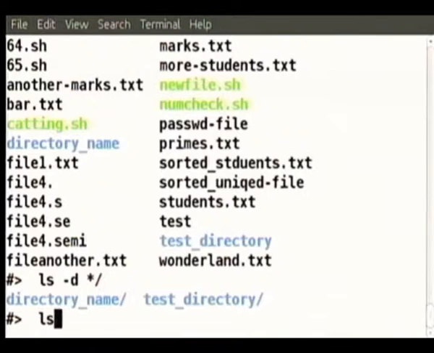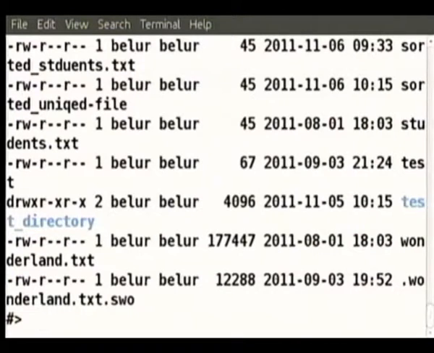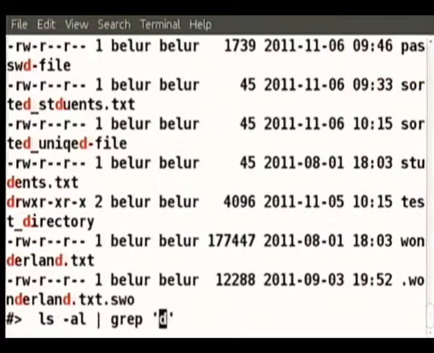And another option is ls minus l. You know that all directories begin with d. Let's say we know, what is the important property when you do ls minus l? Directories, instead of dash there will be d. There will be d on that line, but not anywhere in that line. See, after all, the student d is here also. Just to grep for d is not good. So why don't we grep for the d character? This will also show Wonderland. We want the d character to be the first character on that line.